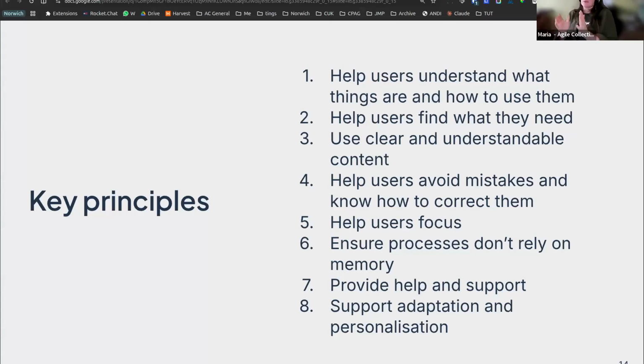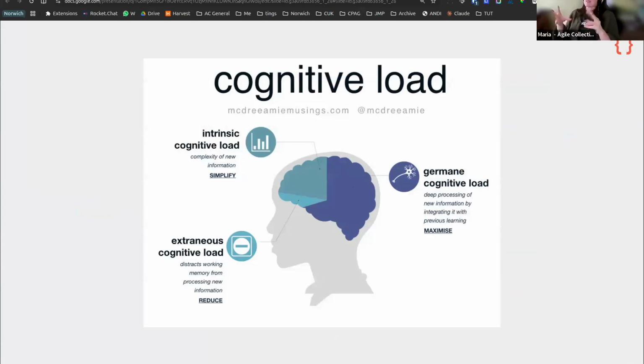Okay, so we're going to start with something else. I'm going to talk briefly about cognitive load theory because I think it helps. It might be more confusing, in which case you can forget it. But there is this theory developed by someone called John Sweller in the 80s about our working memory, basically how that actually works. At any given point, when we're dealing with a task, there are three things going on. There's intrinsic cognitive load, extraneous, and germane cognitive load.